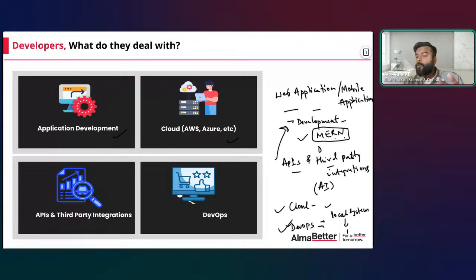So overall, these four things are the heart of development. First, application development, one stack. Second, you know how to deal with APIs and third-party integrations. Third, you should know any one of the cloud platforms, AWS or Azure or GCP. And fourth, you should know the basics of how to set up the CI/CD pipeline and DevOps, like some integrations with different systems around this. That is all you have to understand. If you know this, you will be able to call yourself a full stack developer, so to say. This is where you have to be very clear about what developers do.